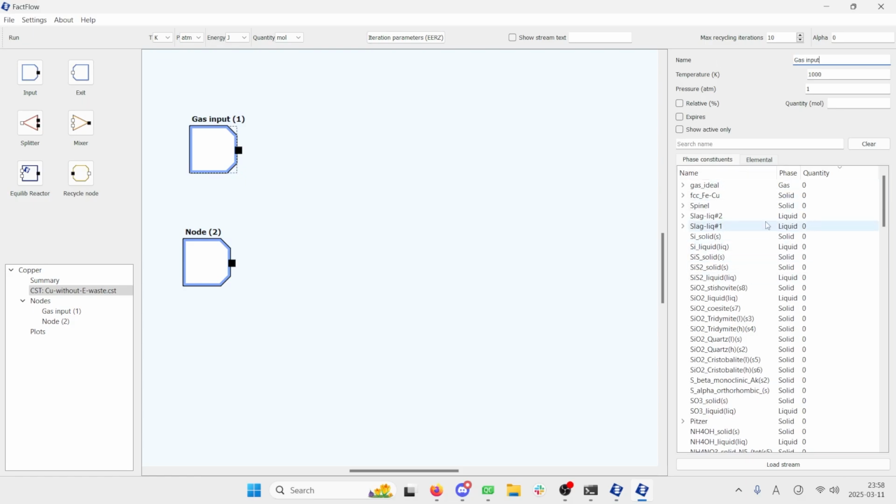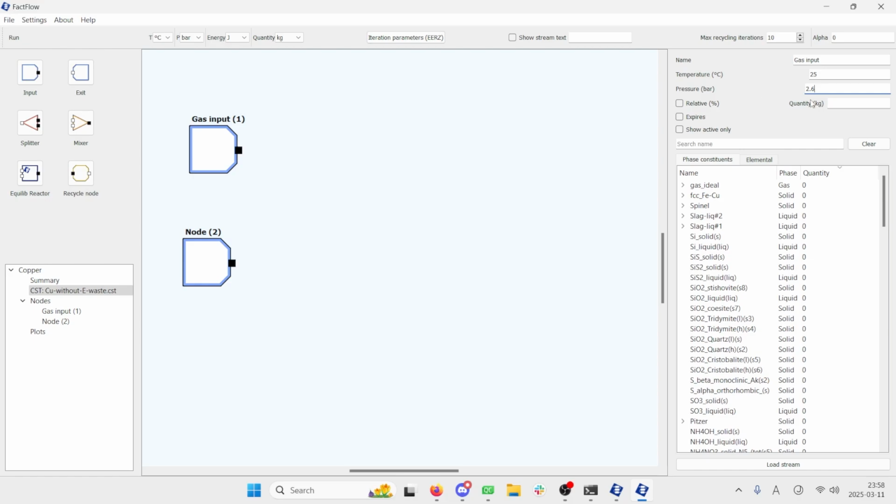Before we enter some values, we just want to make sure that our units are fine. We're going to enter everything in Celsius, so let's select that. For the quantity, we're going to enter everything in kilograms. And for the pressure, we're going to enter everything in bars. That's just something that we've decided. So for the temperature here, we're going to set 25 degrees for the gas input, and the pressure is going to be